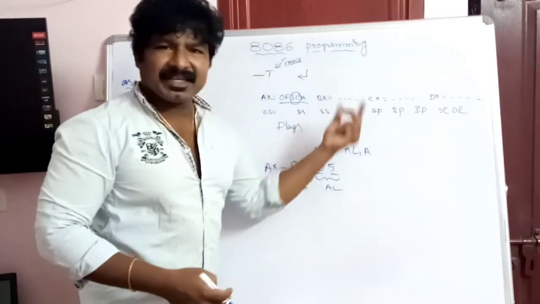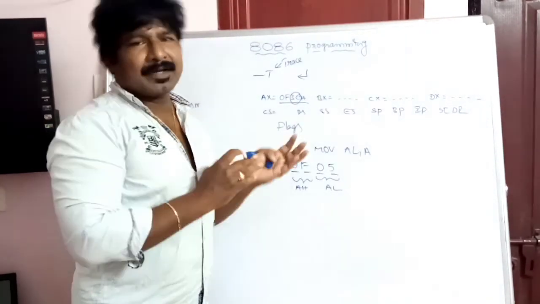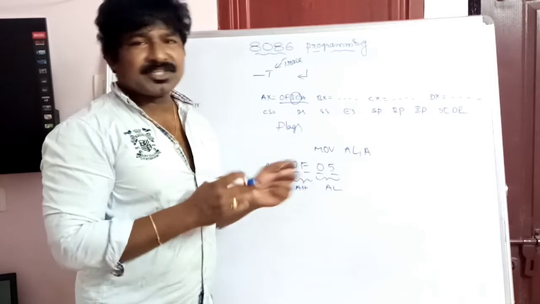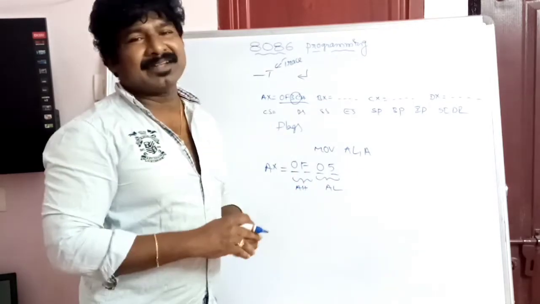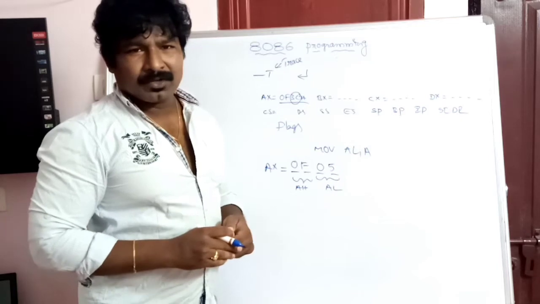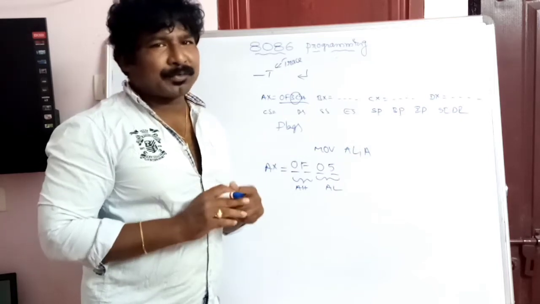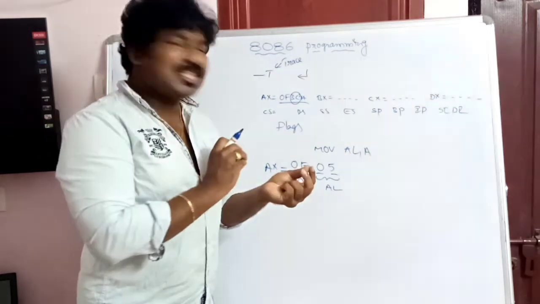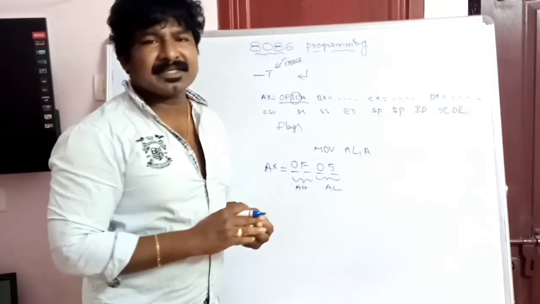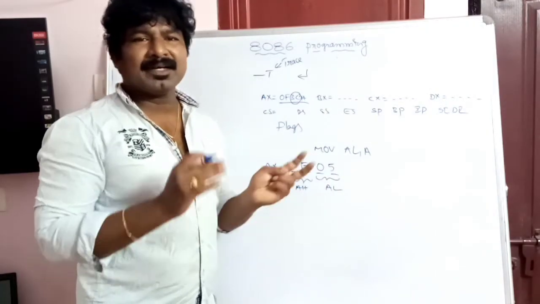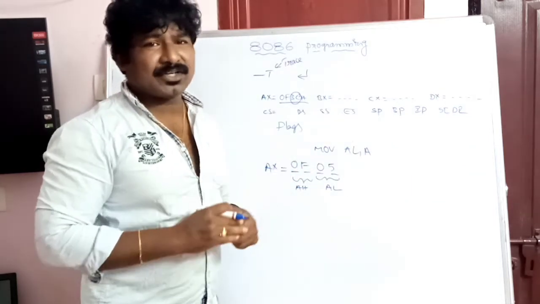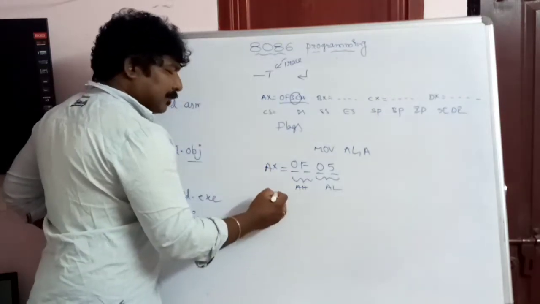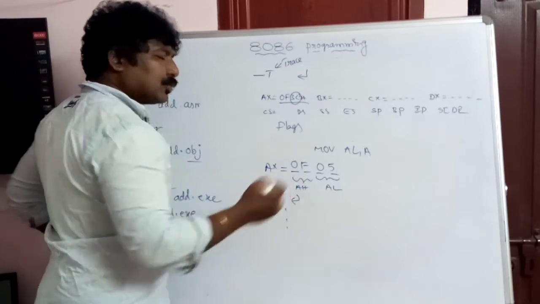Similarly, you can see the contents of BX, CX, all the general purpose registers, pointer registers, index registers, even including flags. You can check what is happening inside the memory. That is the beauty of this programming, friends. When you are executing your program on the 8086, you can see what changes are altering the values of these registers. You can cross-check whether you are performing the correct operations and whether your code is right or not. Keep typing -T and enter, and it will take you to the end.